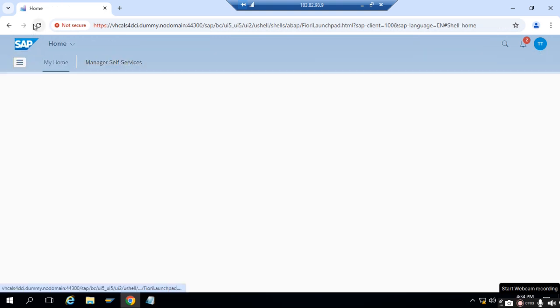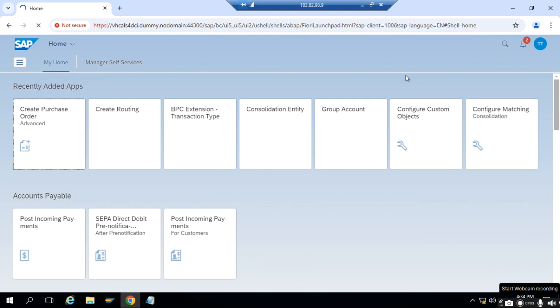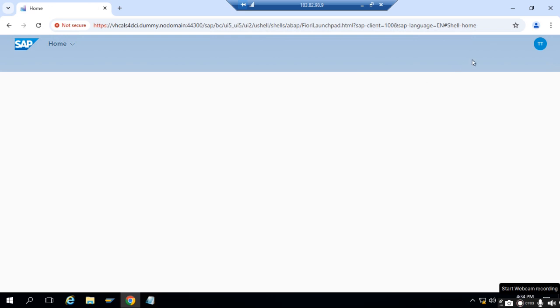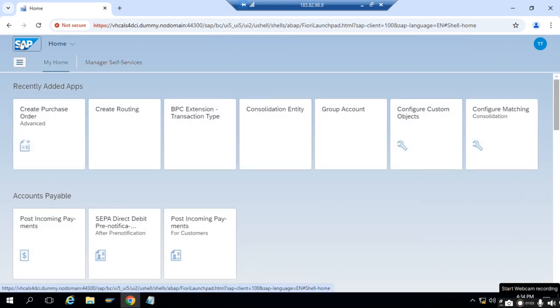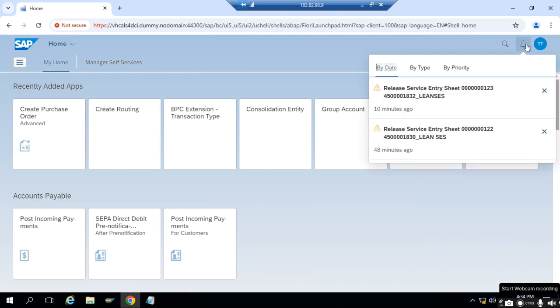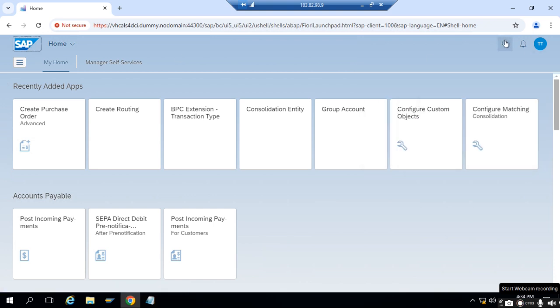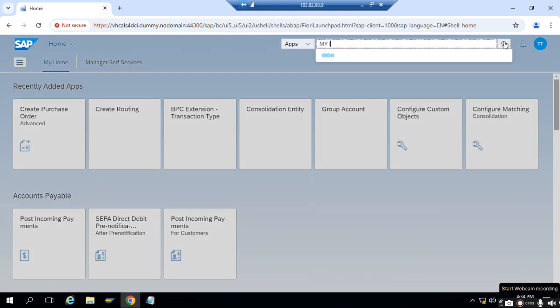If we go back or reload, in the notification section you will see we have received one notification. If we click on this notification button, it shows the release service entry sheet, which was created, with this description. Or else you can go to the My Inbox application,